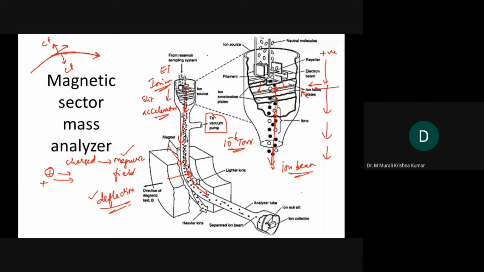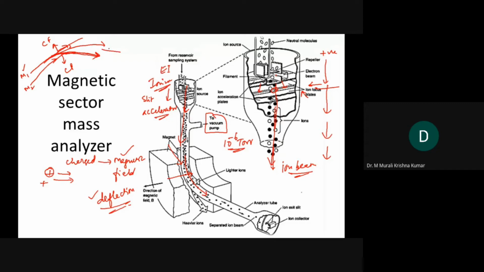It's a simple concept. So when it is bent, if we have a heavy ion and a lighter ion, which one can be easily deflected? Both are provided with the same energy. A heavier molecule cannot travel with very high velocity because the same energy is given, half mv square. If the same energy is given, mass and velocity are inversely proportional. So that's the reason why it can be deflected easily, whereas the lighter particle will deflect at a different angle.